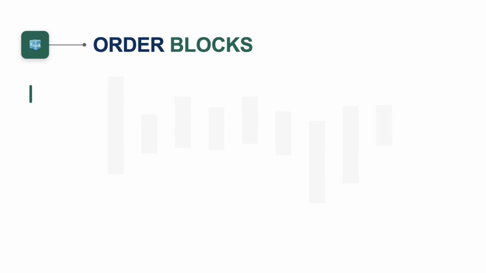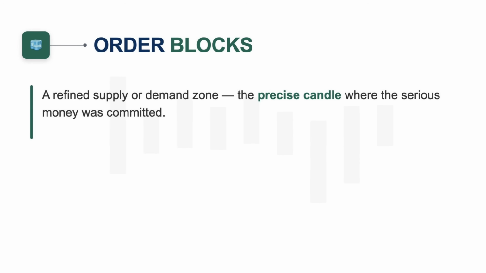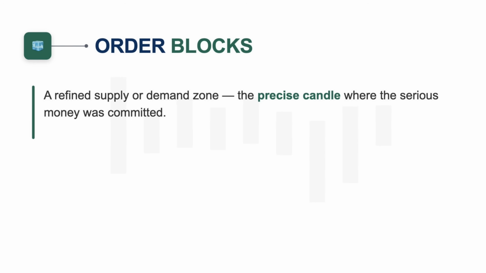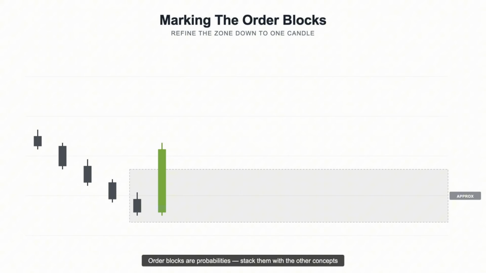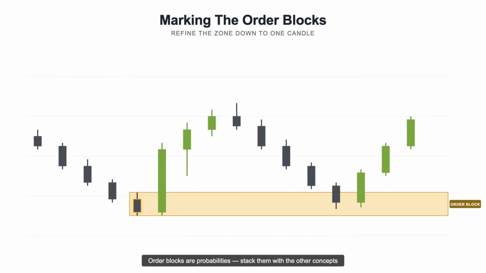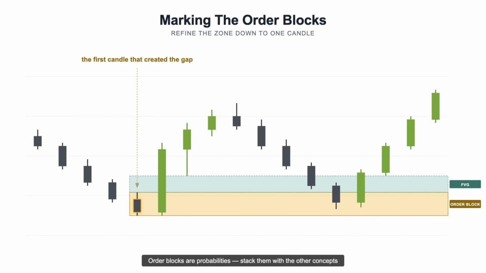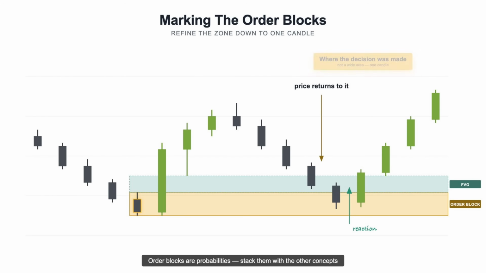Fourth, order blocks. An order block is a refined supply or demand zone, the precise candle where the serious money was committed, rather than a wide approximate area. We take the first candle that creates a fair value gap and mark that as our order block, because that candle is where the decision behind the move was made. When price returns to it, we expect a reaction, and how strong that reaction is depends on whether unfilled orders